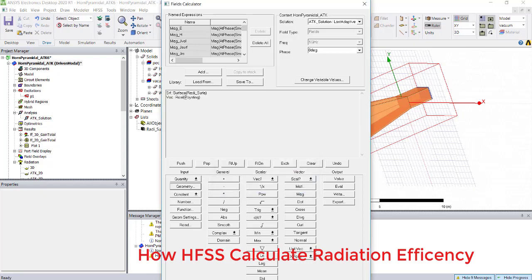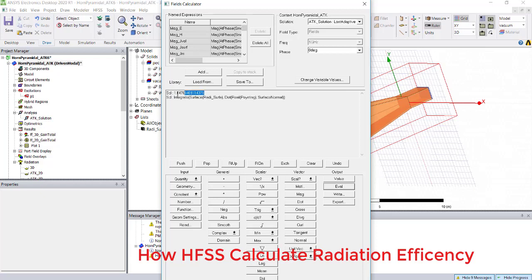Select this one and take the normal of this surface. Now integrate the Poynting vector across this surface normal. Integrate it and just click eval. So now you can see the power which is radiating out is more than 1, which is not correct.